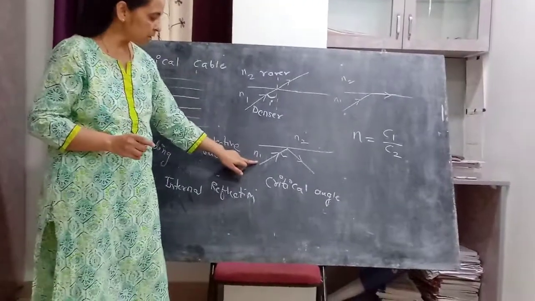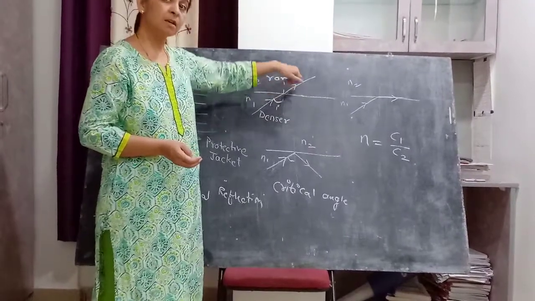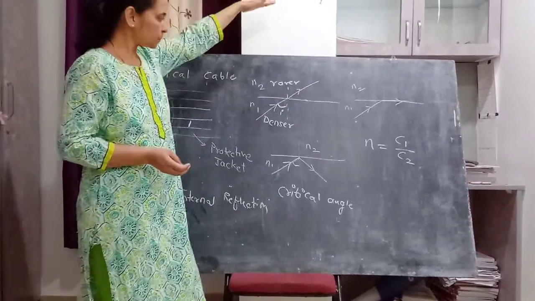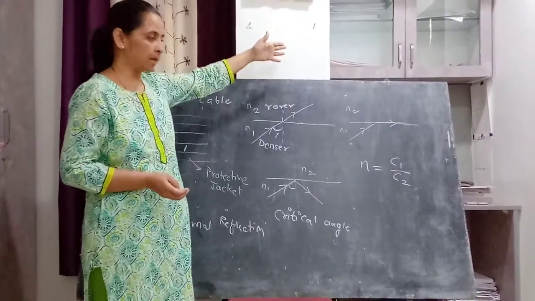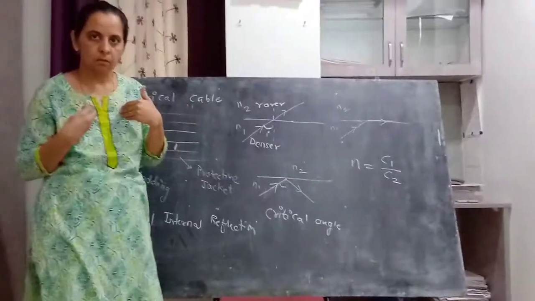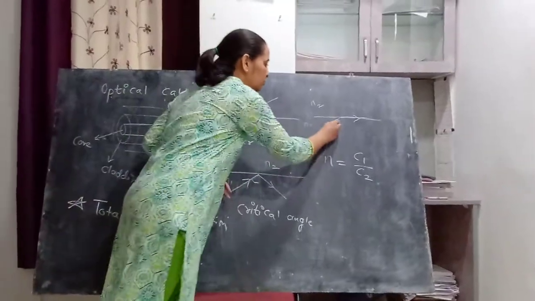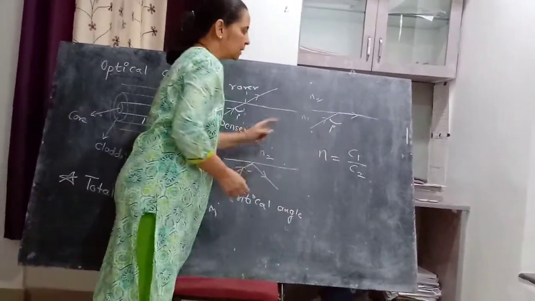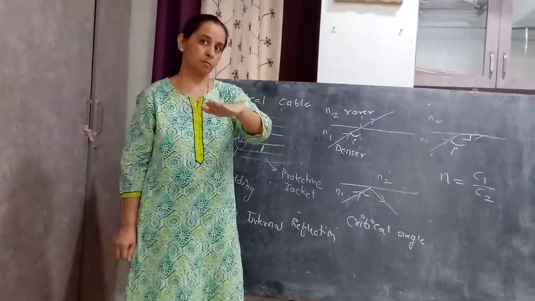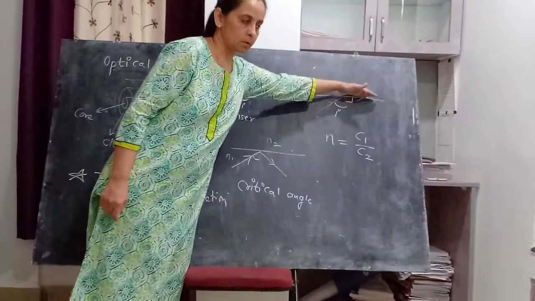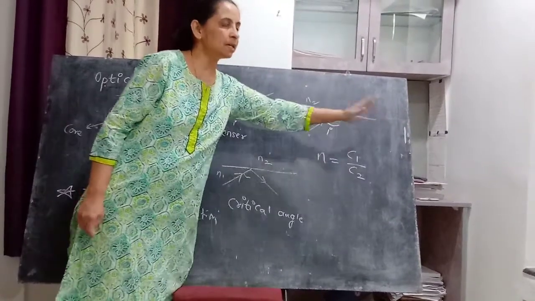Only the angle of incidence I keep on increasing, right? Here the ray is refracted, because it goes into the other medium. So refraction is a loss for us, right? We want the light to be reflected back in the same medium. Here the angle of incidence is slightly greater than this angle. Now see, the refraction is on the boundary here, right? Again that will be a loss. You want the ray to go inside the core only.